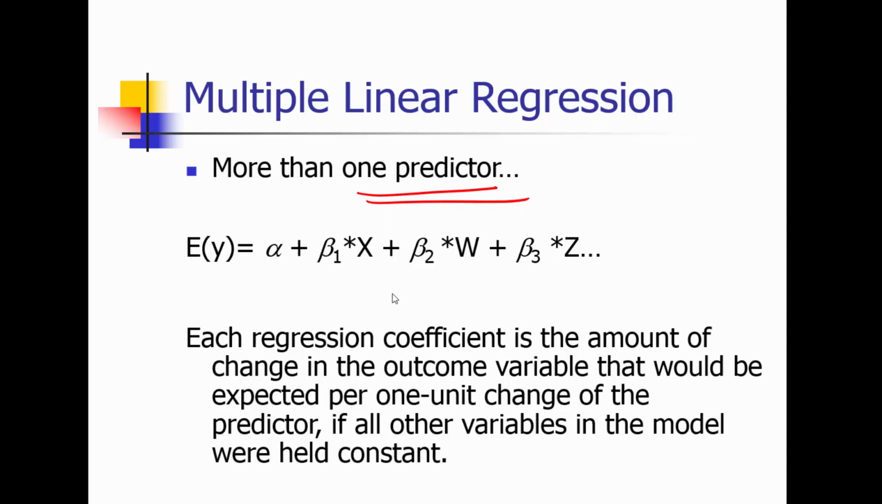So how do we explain then the betas? Well, each regression coefficient is the amount of change in the outcome variable that would be expected for 1 unit change in the predictor if all other variables in the model were held constant. Last time we explained what beta 1 is. We explained that when x goes up by 1, that's the corresponding change in y. But now we have several of them, right? So the way we explain is that if we keep other